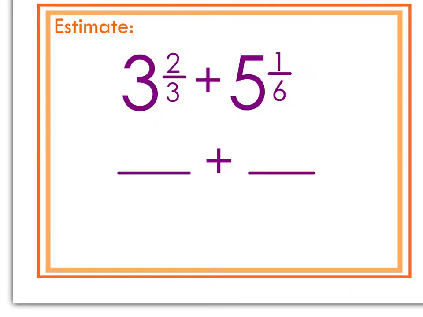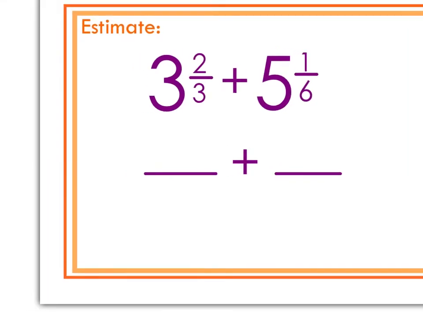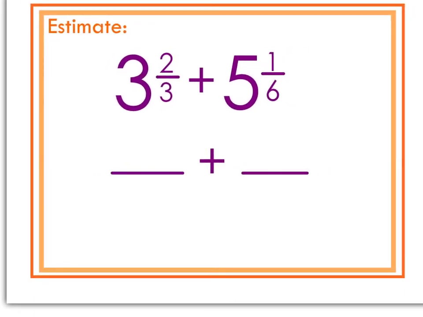All right, so if I'm going to estimate on this addition problem, I'm going to look at my mixed numbers and I'm going to decide, are those mixed numbers closer to the lower end? Like, for example, this one, is it closer to the 3? Or would I move it and change it to be a 4? So I'm going to look at this fraction that goes with it and say, is this fraction part closer to 0 or 1 whole? This fraction, 2/3, is bigger than half, so we're going to round